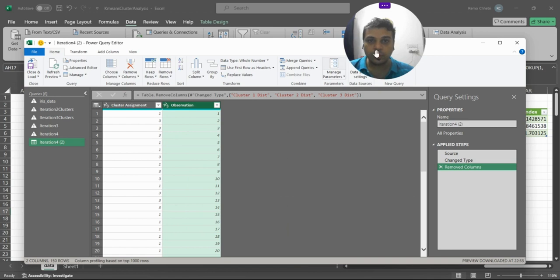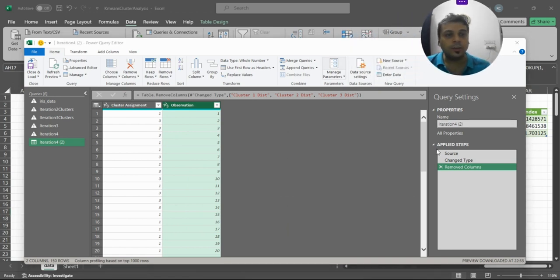Now what I want to do is merge this with the original dataset table. Now remember, the original dataset table. This is exactly what we did when we were doing it manually in Excel. We were trying to do a VLOOKUP between the individual points and the clusters, and so obviously these two tables were being merged. So that's what we're trying to do here. So we go to merge queries here, and we click there, and you will see that when I actually try to do this,